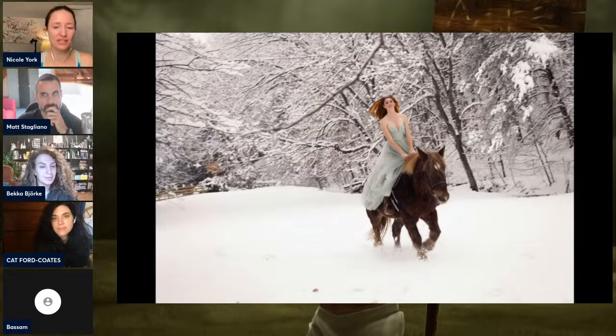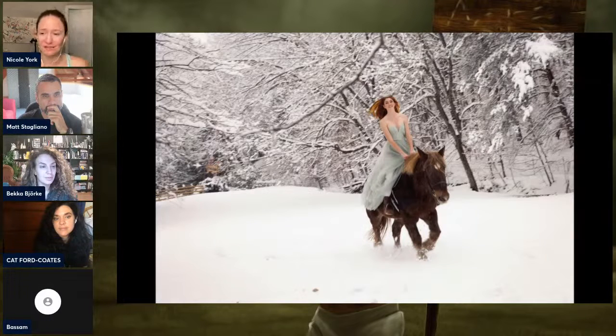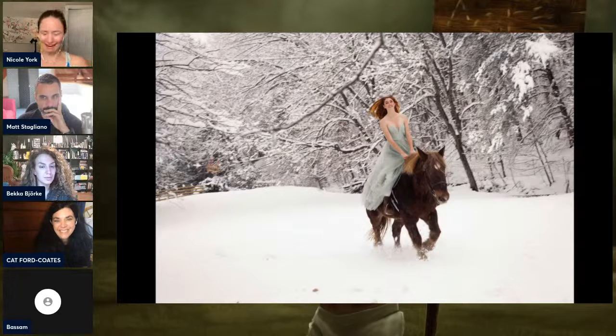Love that. It's so cool to hear, as friends in the Facebook land are saying, it's really, really cool to hear the backstory behind images like this when you get to create them, because then you get that additional context. And from what you explained, that's exactly what we get here. There's the whimsy and the femininity and the kind of magic of images like this. And it's so unexpected that of course you want to stop and go, oh, what's happening here?